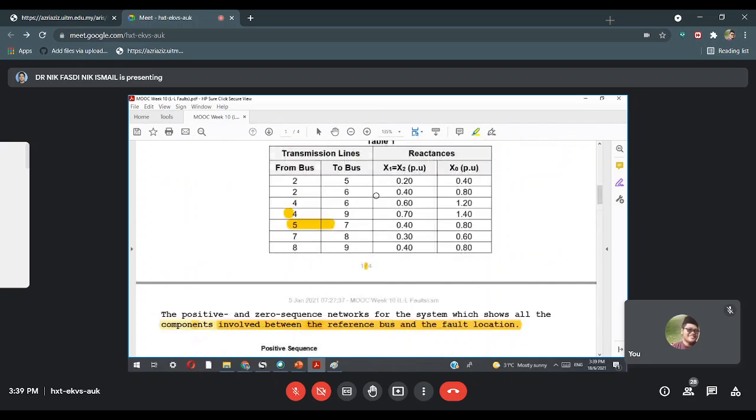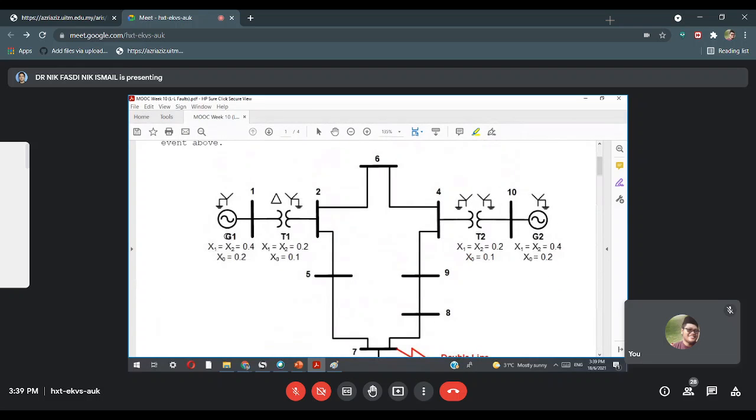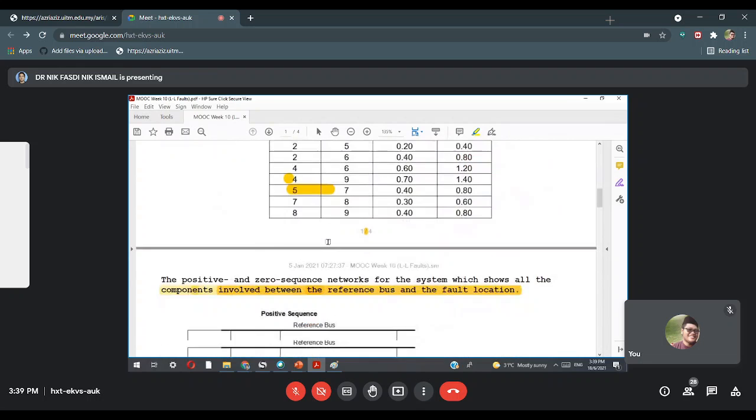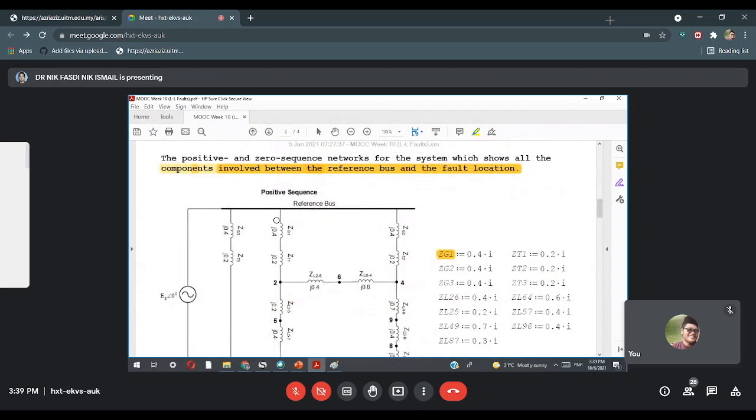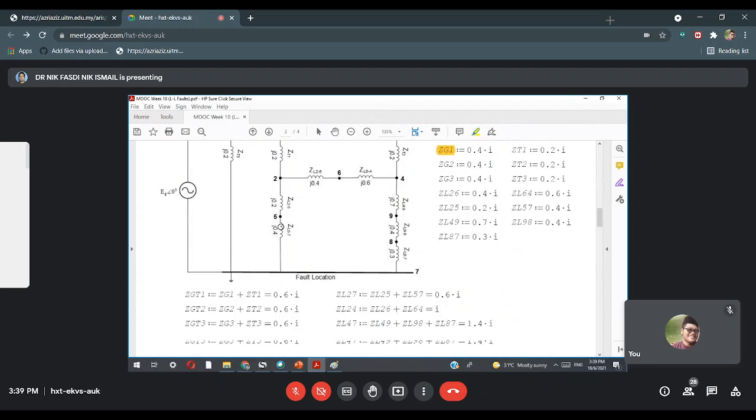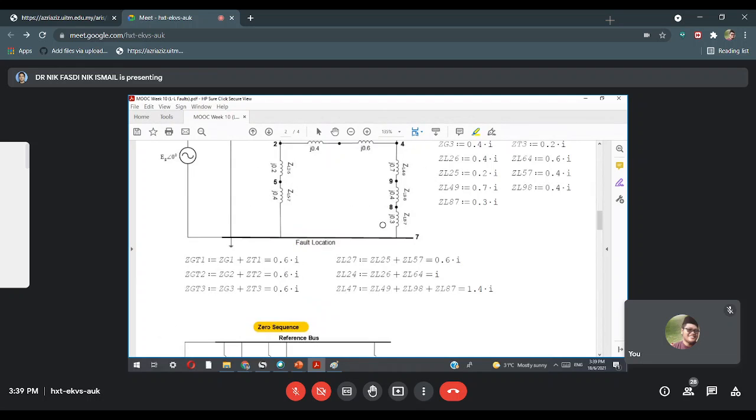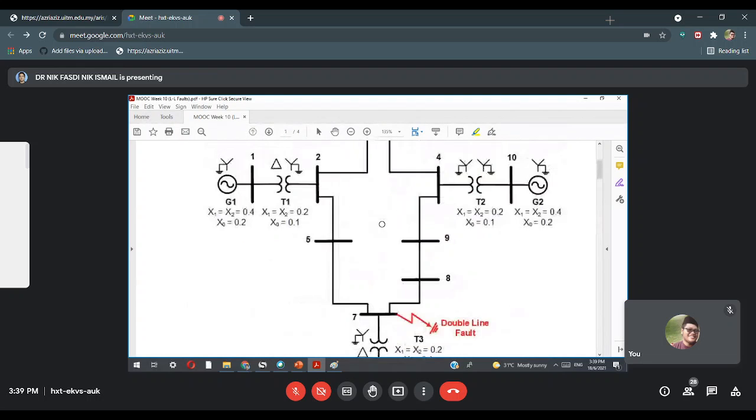Sama juga konsep dia, G1. So G1 dia ada star kan? Dia bersambung pada reference bus. Yes, dia ada sambungan pada reference bus. Not this one, this is positive. So tapi because of G1 to transformer,